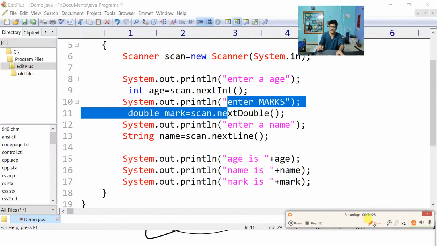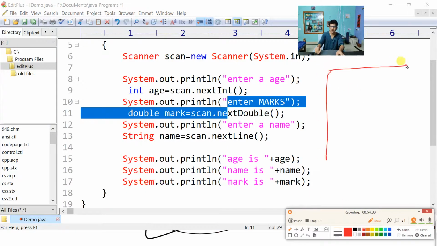So as we know, this is our buffer, right? This is our buffer. Enter your age. It will display. And now will it wait for me? Yes, it will wait. Why? Because it wants the next integer part. Is there any integer part here? No. It will wait. So it is waiting. I'll enter the 12, which is a string like this. And next int will take the 12. If it takes the 12, what is remaining? The empty string is remaining.